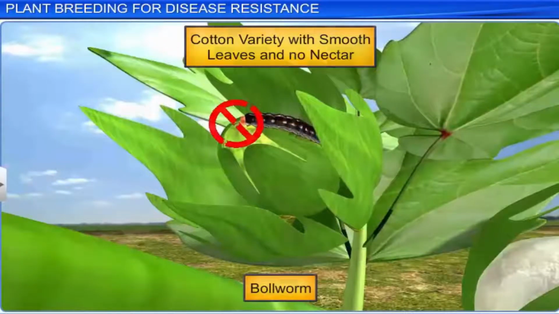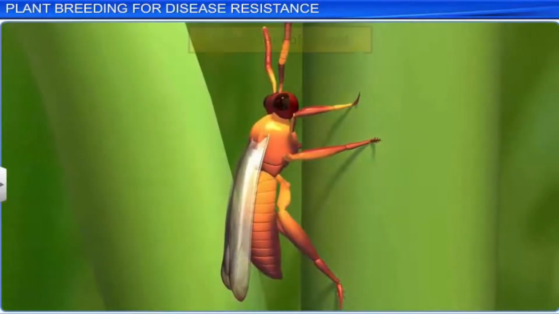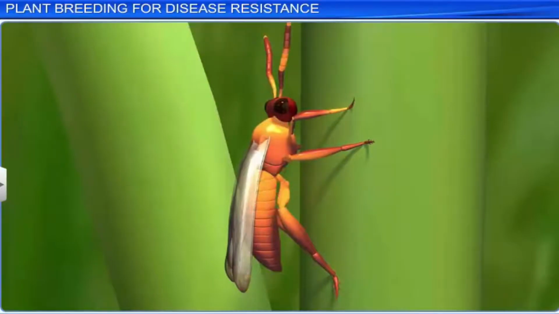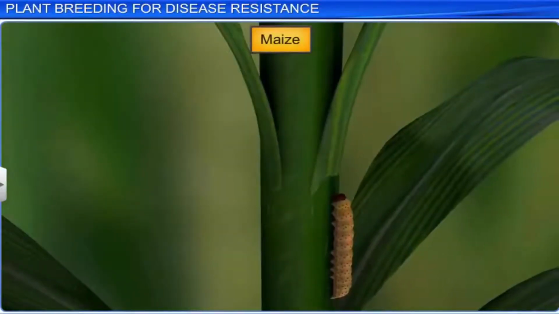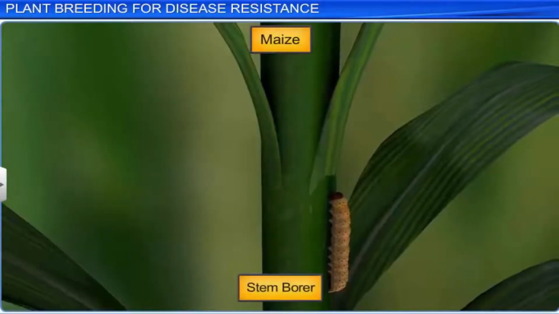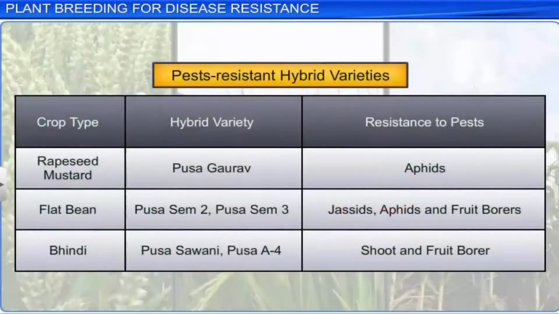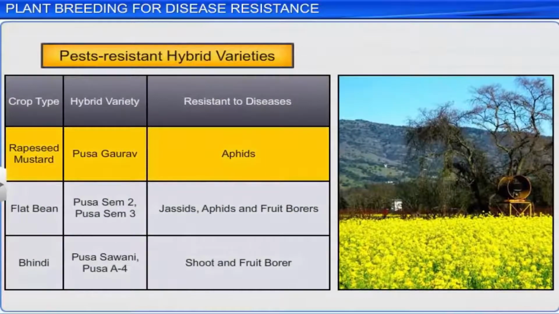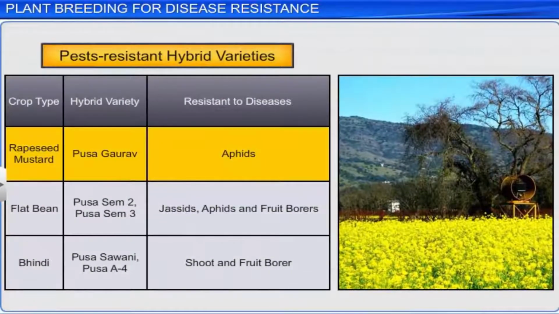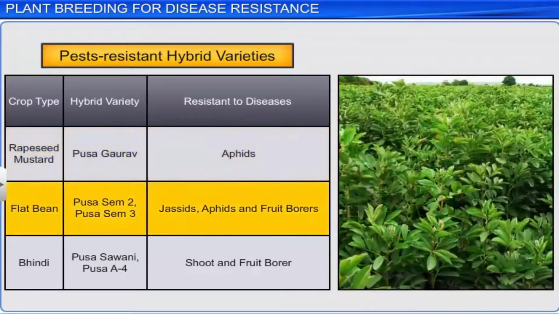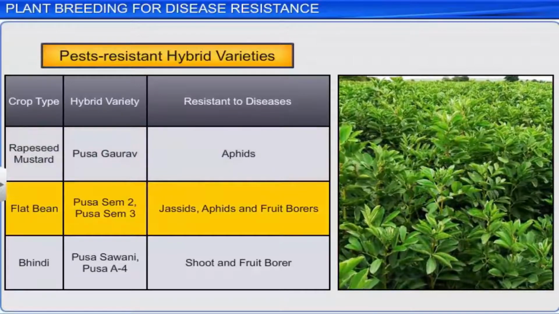Similarly, solid stems of wheat protect it from stem sawfly, whereas maize is protected from stem borers due to its high aspartate and low nitrogen and sugar content. There are quite a few insect-resistant hybrid varieties developed through plant breeding. Pusa Gaurav, a hybrid variety of rapeseed mustard, is resistant to aphids, while Pusa Sem 2 and Pusa Sem 3 are hybrid varieties of flat bean that are resistant to jassids,